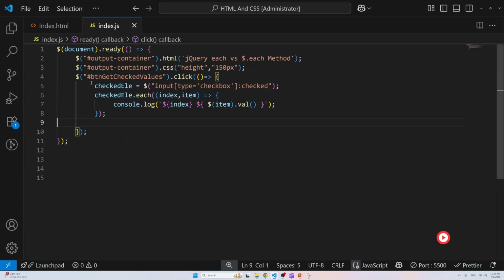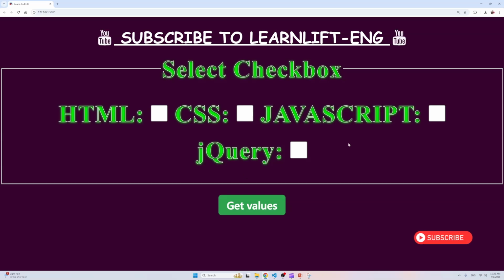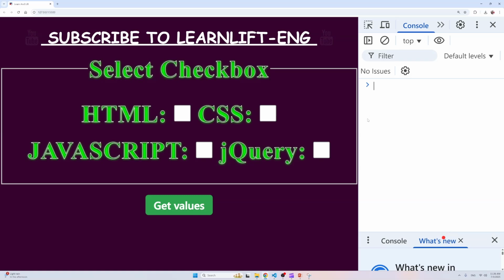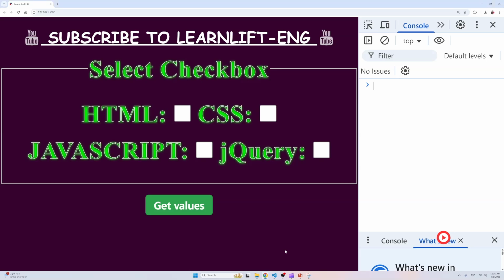So as you see, let me comment this. As you see, we have the same example as we went through in the last video, right? So these are the checkboxes, multiple checkboxes, and we're fetching them using this selector, and then we're iterating over each of them, and printing the values, right? So you can see 0th index HTML and first index JavaScript, right? So now